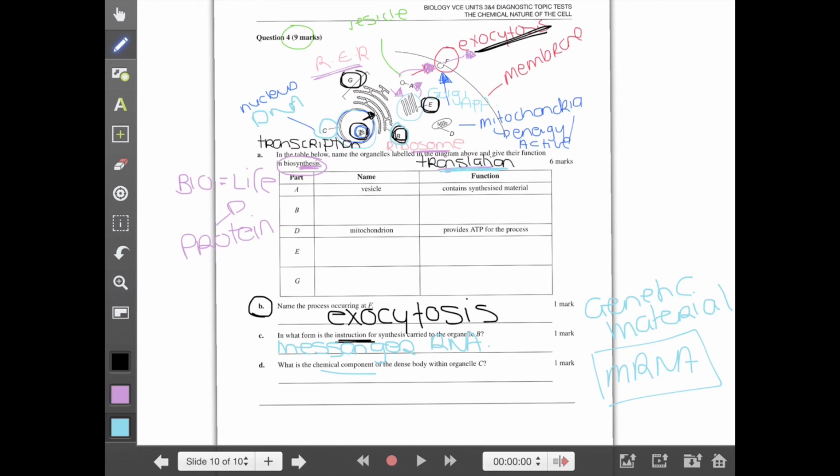Nucleic acid is your DNA. And then you've also got rRNA, which is still a nucleic acid. So you've got your DNA, which is in your nucleus, and then your rRNA, which is in the